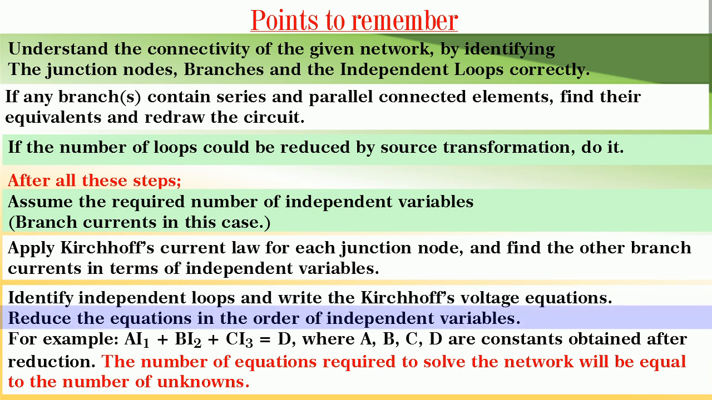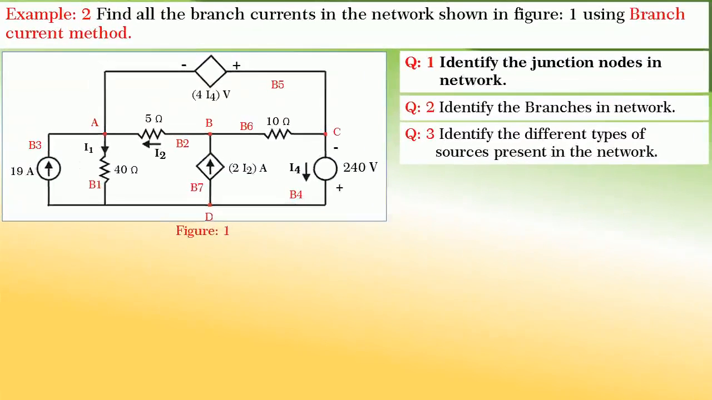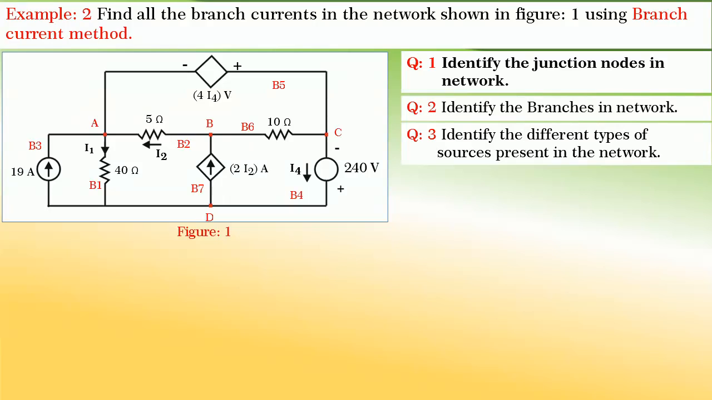Reduce the equations in the order of independent variables. For example, A I1 plus B I2 plus C I3 is equal to D, where A, B, C and D are constants obtained after reduction. Friends, remember, the number of equations required to solve the network will be equal to the number of unknowns. Friends, let's take another example to find all the branch currents in the network shown in figure 1 using